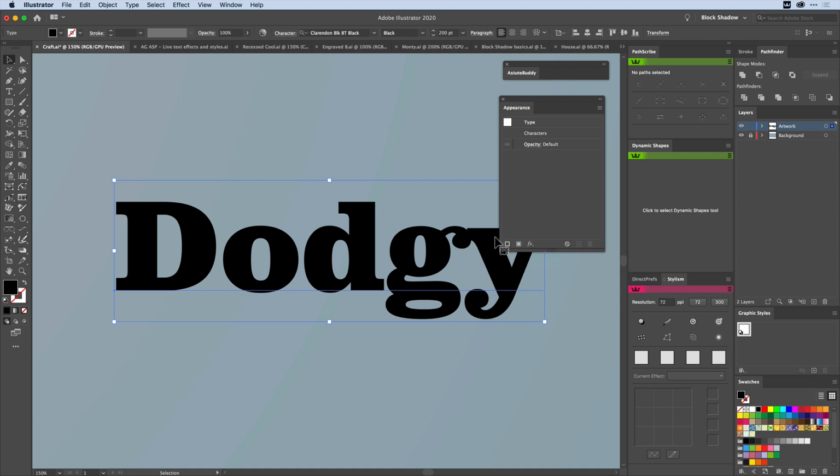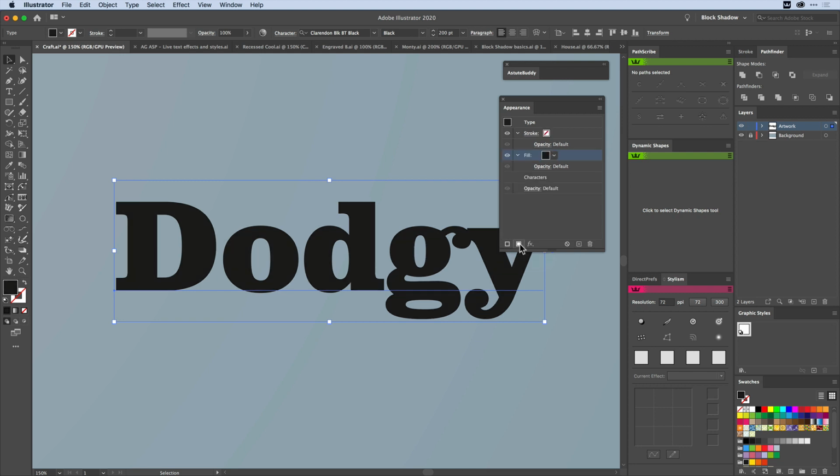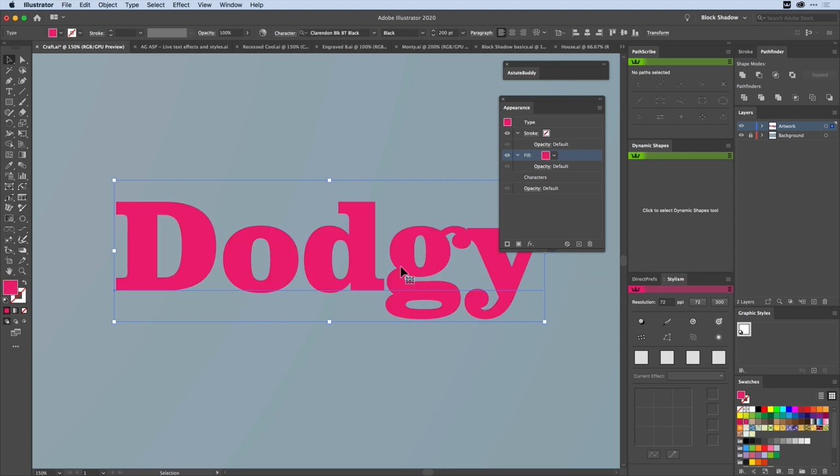So with this live text, I'm going to look at the bottom here, and I'm going to do Add New Fill, like that. And you all go, wow, that's done nothing. Well, what it's done, you've got the black characters underneath there, and now I've added a sort of duplicate of that on top of it. And what I like doing when I work with the Appearance Panel is to give things a really vivid colour, so I know what I'm dealing with. So you can see I've created this sort of magenta thing on top of it here. And you're thinking, well, still, what's the point of that? Well, let me go and move that.